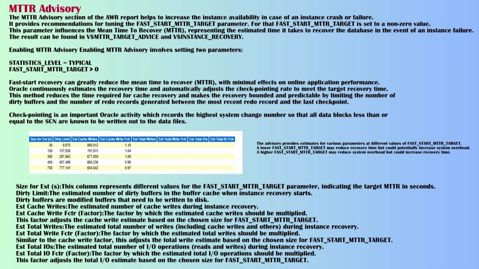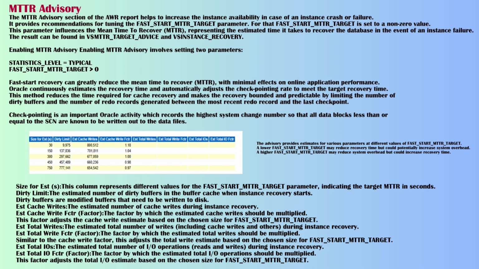Similar to the cache write factor, this adjusts the total write estimate based on the chosen size for fast_start_MTTR target. Total IOs is the estimated total number of IO operations, reads and writes, during instance recovery. Total IO FCTR is the factor by which the estimated total IO operations should be multiplied. This factor adjusts the total IO estimate based on the chosen size for